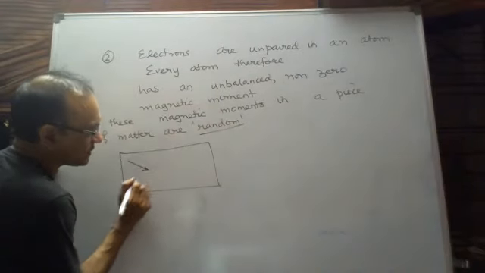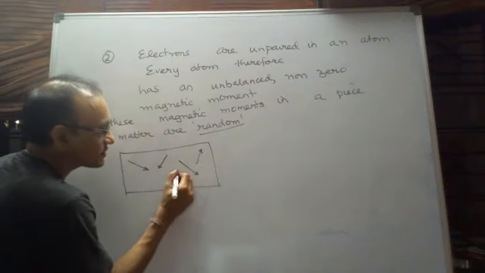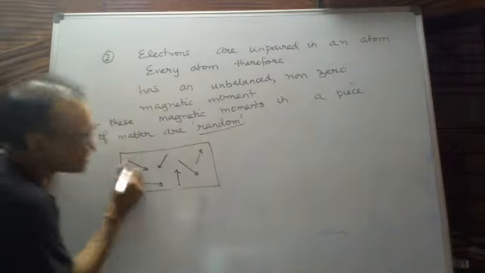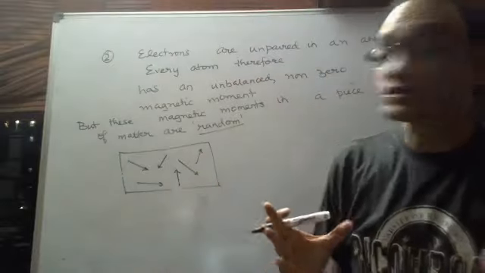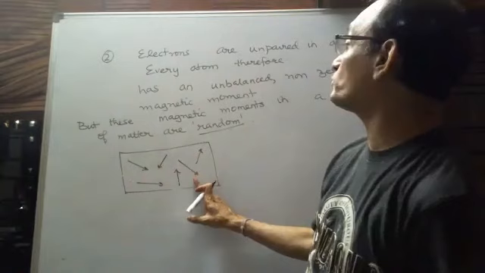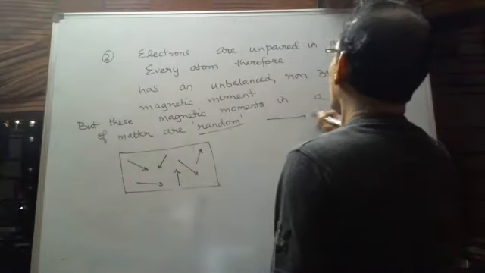ऐसा किसी एटम का मैग्नेटिक मोमेंट ऐसा है, किसी का ऐसा है, किसी का ऐसा है, रैंडम है. This is the direction of magnetic moment, randomness. And large sample size, randomness produces no bias. That means the net magnetic moment will be zero. Because they are random, and so